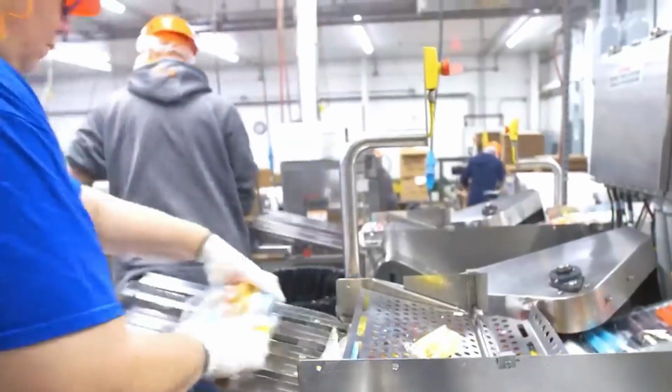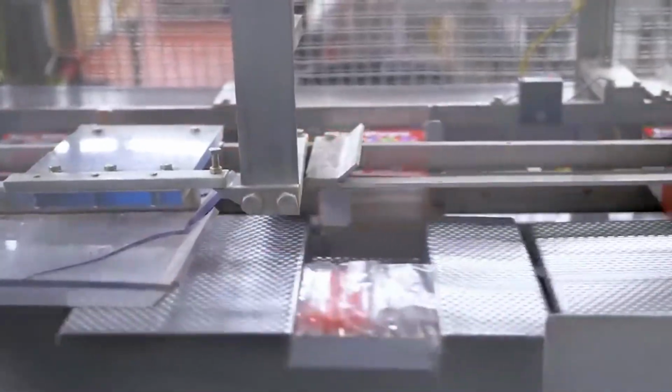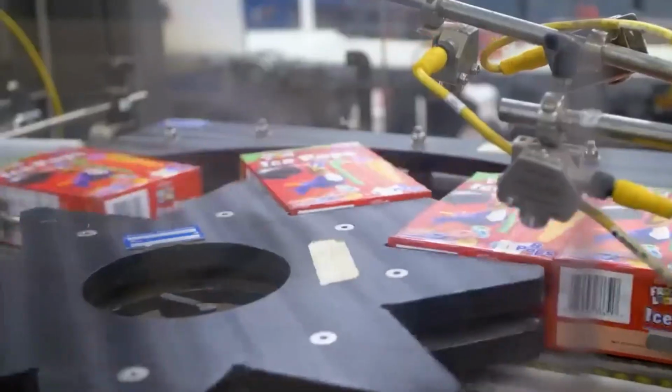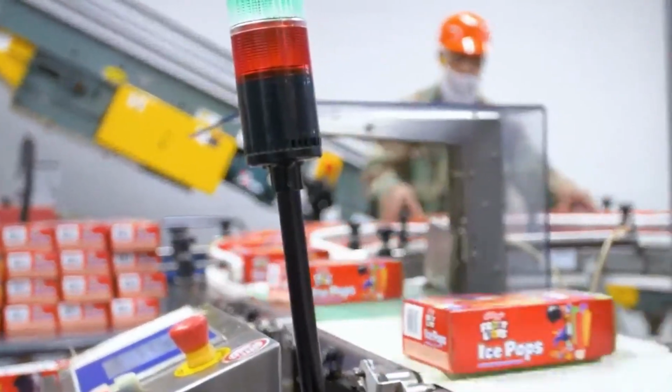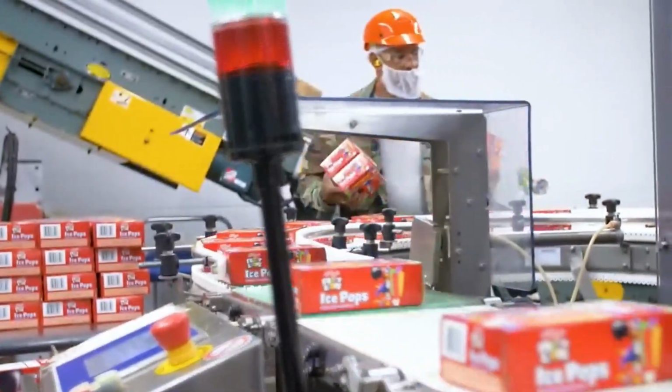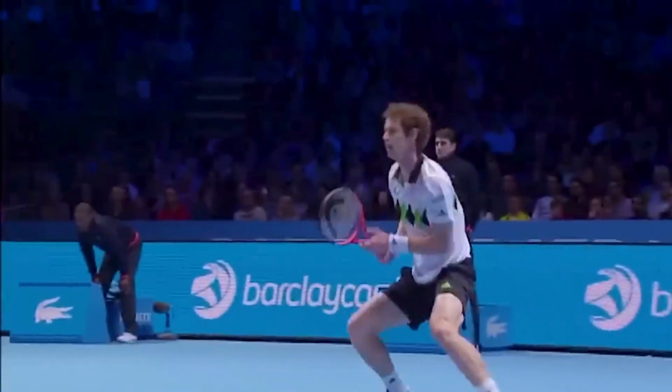The ice pops are quickly demolded, packaged, and sealed, ready for the hot hands of summer-loving kids and nostalgic adults. Efficient packaging also protects them during transit, ensuring they reach the freezer aisle just as perfect as they left the line. From food to sport, now we swing into the world of tennis balls, those bright green spheres that dominate